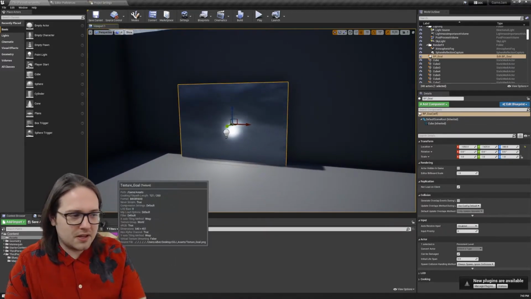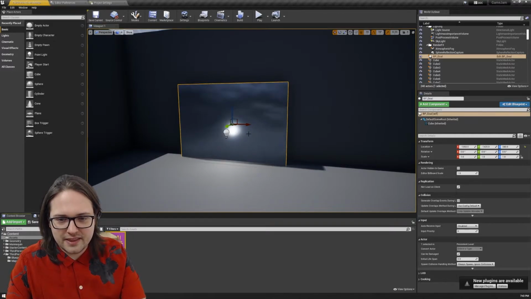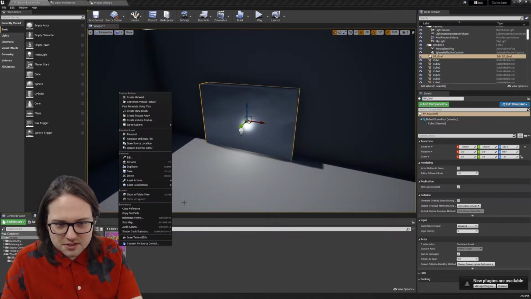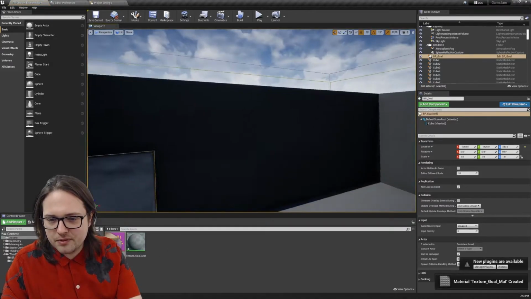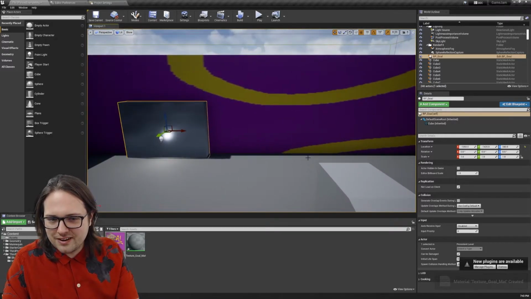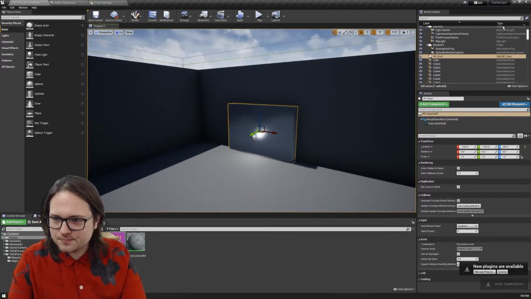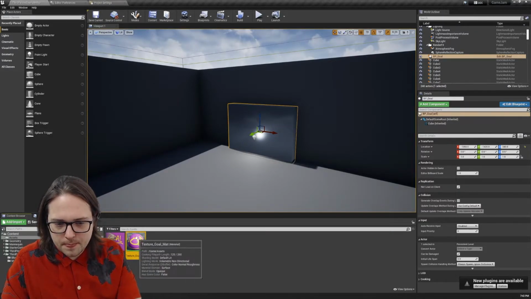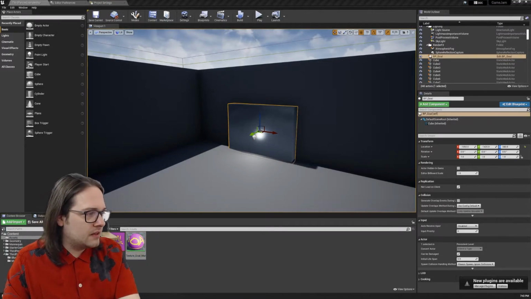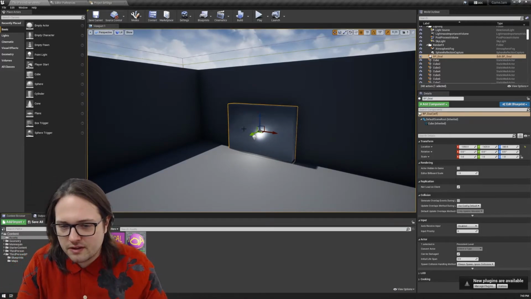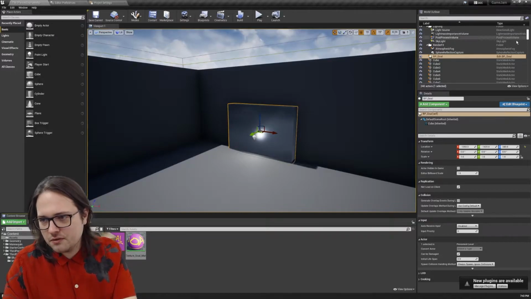As a nice little plus, if you try and apply that texture to something, it'll automatically turn it into a material. Sometimes if we apply it there, it'll automatically turn into a material, which is not really what we want. You can see you can right click, create a material from there, and it generates a material that you can just apply to things. Not necessarily the best workflow if you were doing this in a real development situation, but for a game jam,